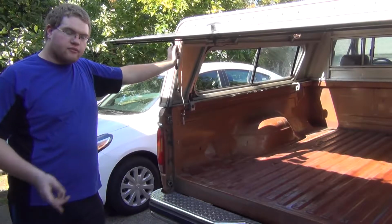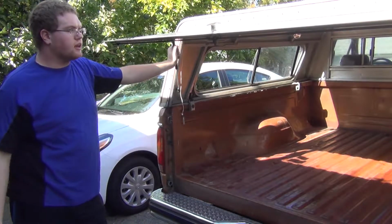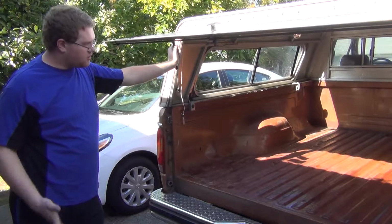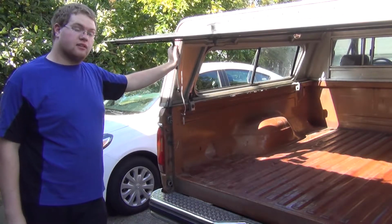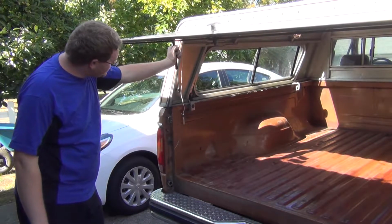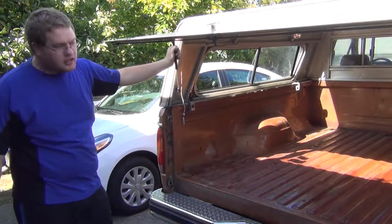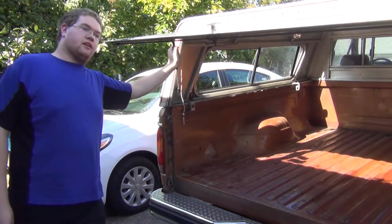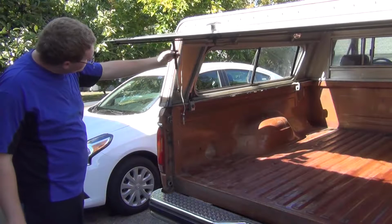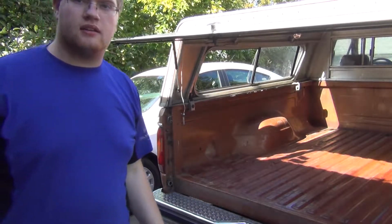The only lift strut I could find for this window that would fit the studs on this window thingy here, and it was actually an acceptable length, that's what she said, was a 4638. Yeah, 4683. So anyways, someone was able to get this one to fit, and when I shut it,